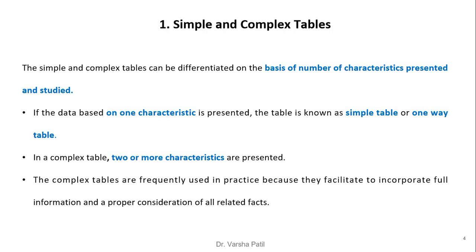Let us start with the simple and complex table. The simple and complex table can be differentiated on the basis of the number of characteristics or features presented and studied. If the data based on one characteristic is presented, then the table is known as a simple table or one-way table. In a complex table, 2 or more characteristics are presented. Complex tables are frequently used in practice because they facilitate incorporating full information and proper consideration of all